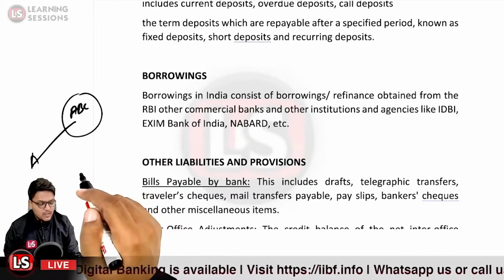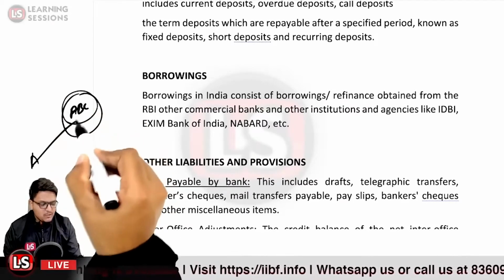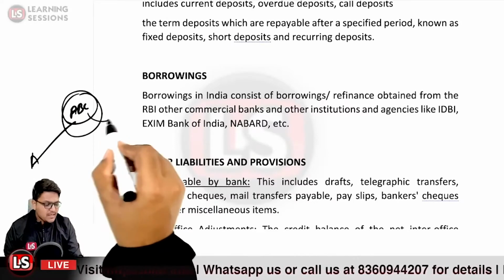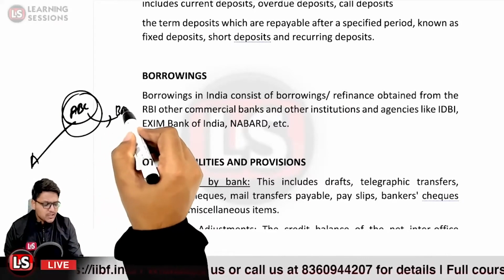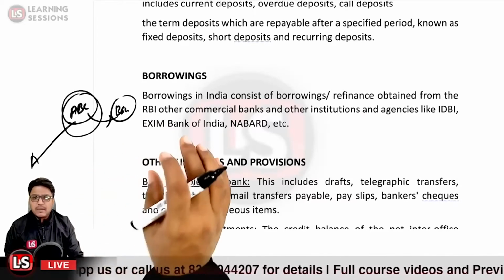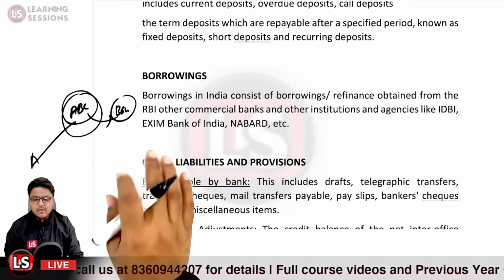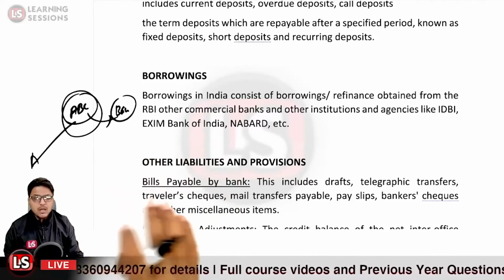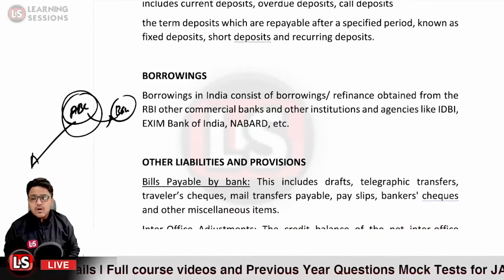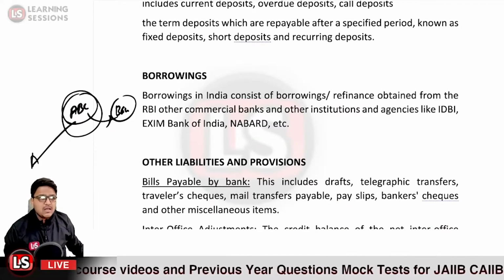So how would it be done? The bank ABC will debit rupees 50,000 from the account of person A, further credit their banker account and issue a check. The amount so issued is a liability on the bank itself because it is to be paid. And also the pay slips, the banker's checks, and miscellaneous items are all covered under other liabilities.